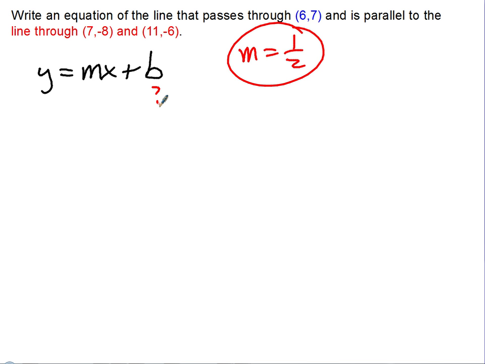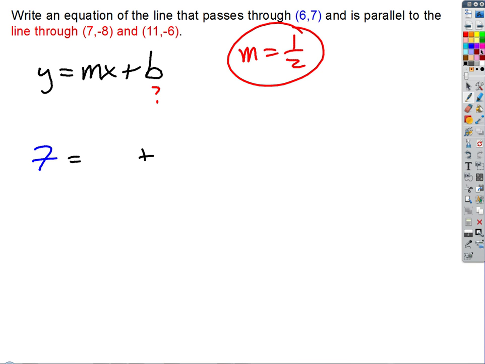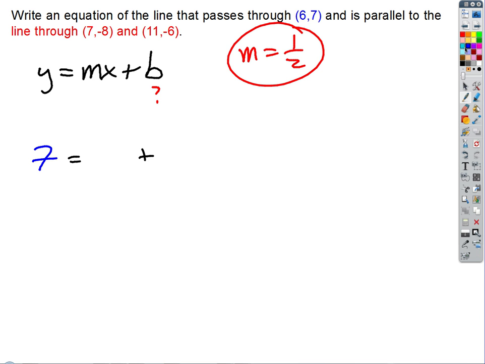Good. Yeah, we plug in the x and y values that we know that work for that are the coordinates of a point on that line, so their solution. Not these, but that one, right? We have to use the blue point because that's the one that the line passes through, so that's a solution. And then we plug in the slope, and then the only thing remaining would be b, so we can solve for it, right? So we would just get, if we did that, 7 equals 1/2 times 6